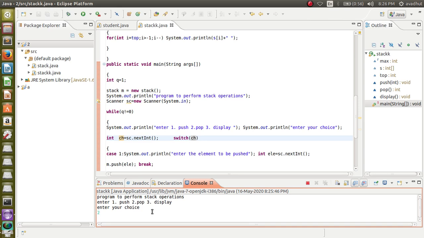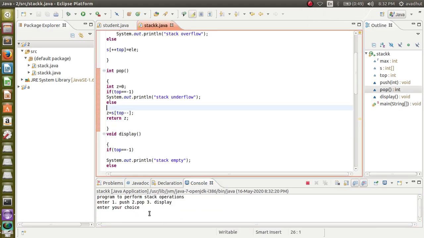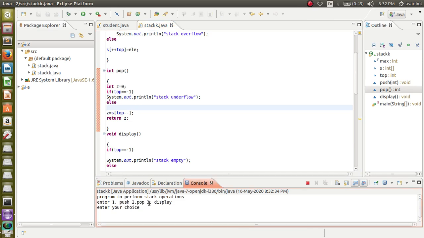Are there any elements? No, I have not entered, so it should display me. Here we will run the program, and let us write the choice for popping. It cannot pop, so 0 it is returning. No elements are there, so 0 it is returning.